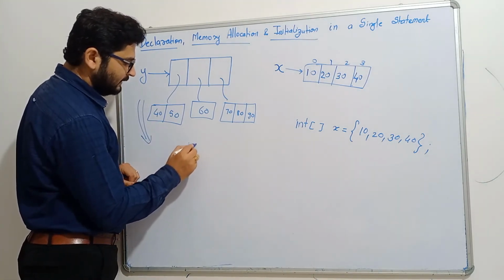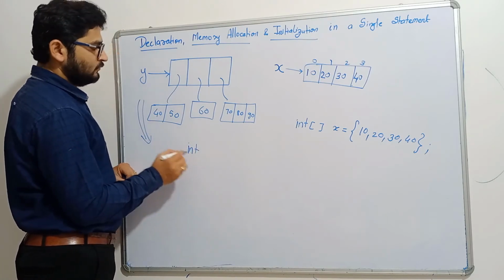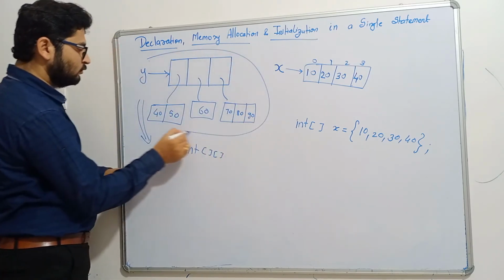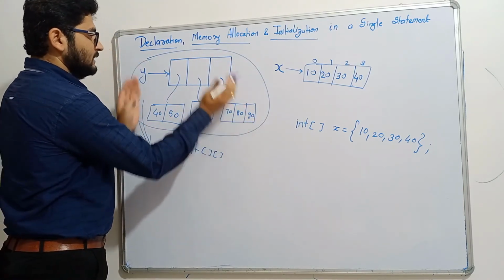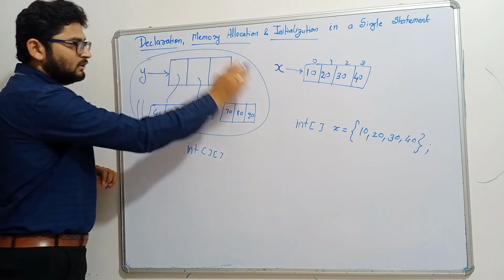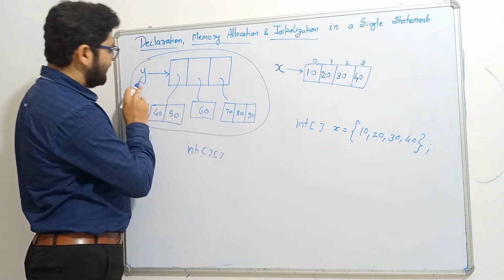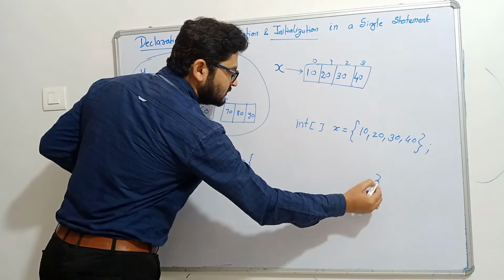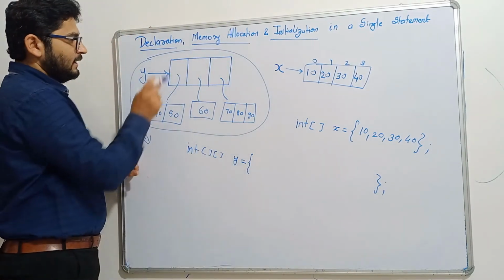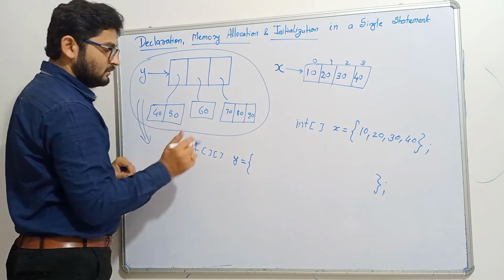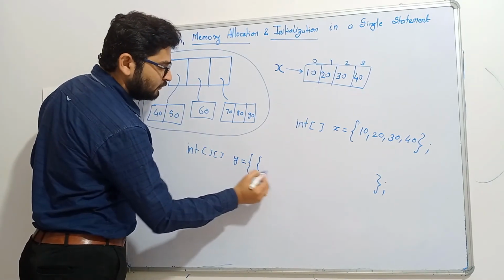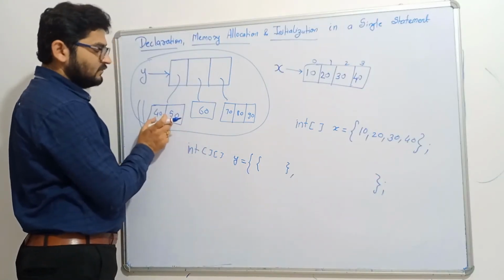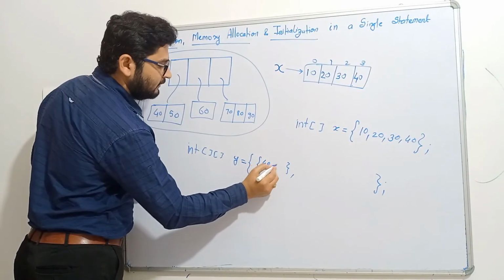So for that I have to write int, because it is nothing but the data type. Then I have to give two pairs of square brackets because it is a two-dimensional array. So this is nothing but a two-dimensional array. Array of arrays. So that is nothing but a two-dimensional array. Then it is pointed to by y, so I have to write y over here. Then I will give this opening and closing curly bracket for this base array. Each element of this base array is nothing but a one-dimensional array. So for that I have to give one more curly bracket. So here I will write 40 and 50 because this is nothing but the first element of the base array.